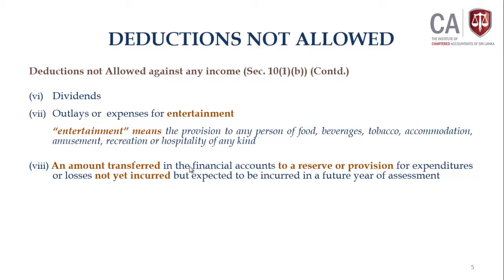For example, the depreciation provision: can you claim accounting depreciation? You can't, because you are claiming capital allowances. No, that is not the reason. One can argue, maybe an absurd argument, that on top of the accounting depreciation, I am going to claim the capital allowances also. Where is the section to disallow the accounting depreciation? Yeah, this is the section. And also the bad debt provisions, the gratuity provisions, provision for repair expenditure,